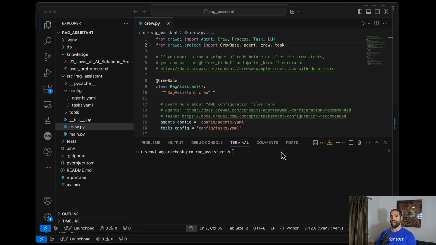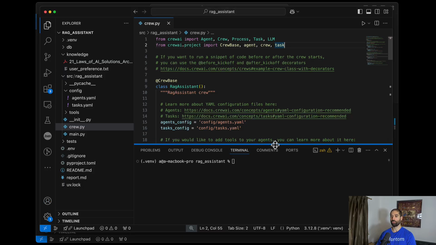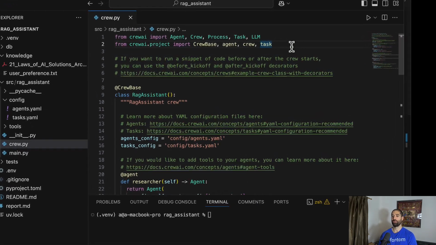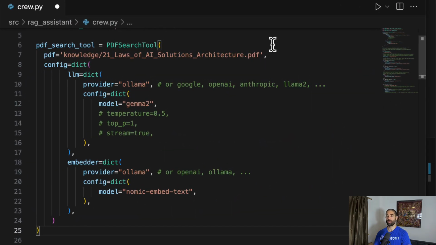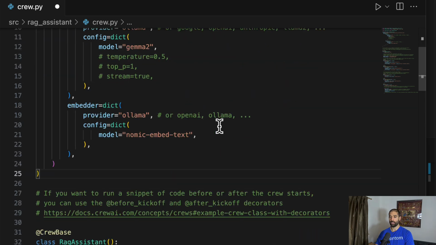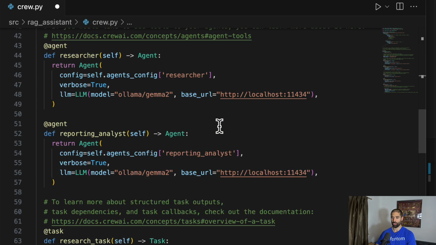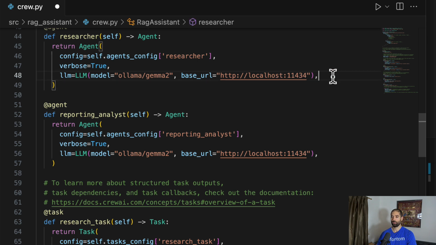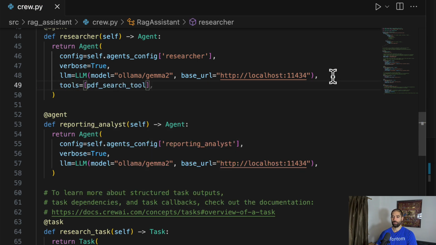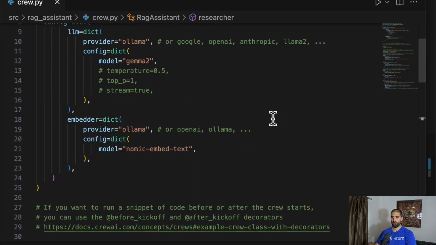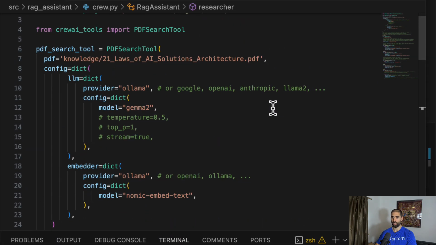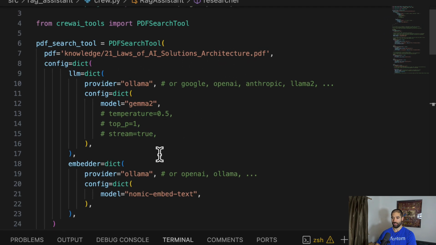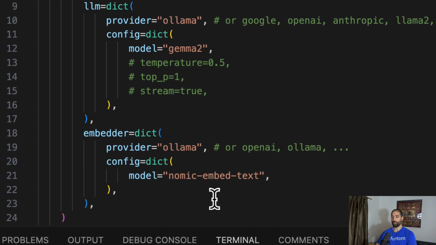CrewAI actually has a built-in RAG tool specialized for performing RAG against PDFs. So let's import it and give this tool to our researcher agent, like so. And if we look closely at the configuration of this PDF search tool for performing RAG against a particular PDF, you can see we're pointing it to the ebook and specifying that we're going to use Nomic embed text as